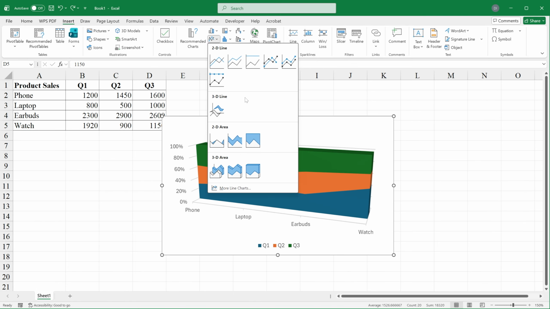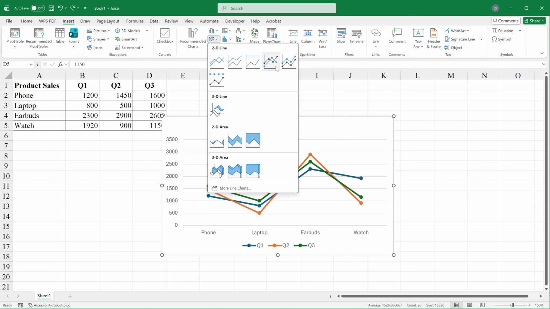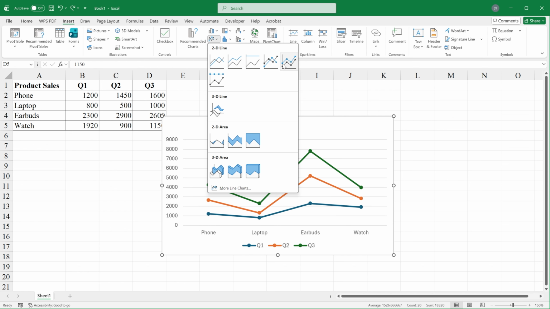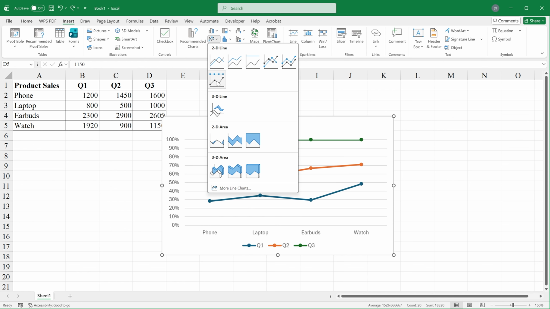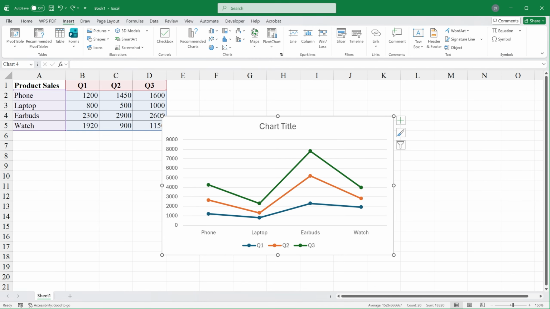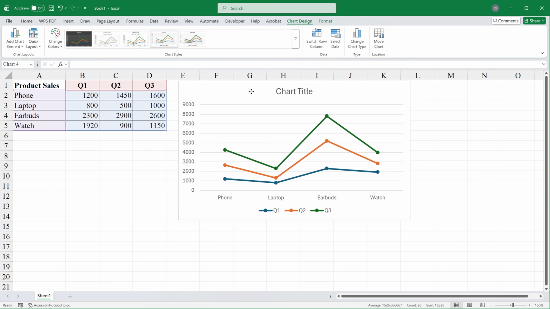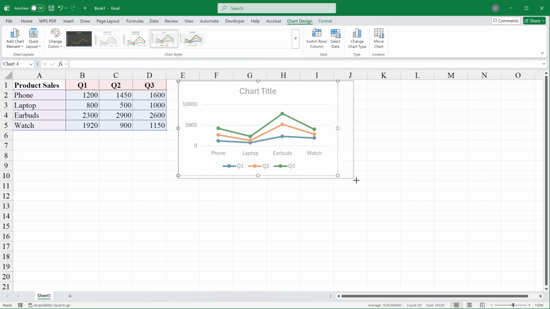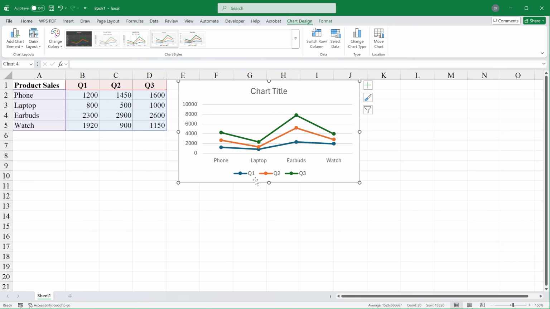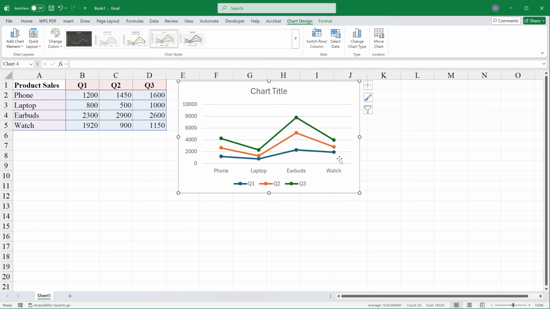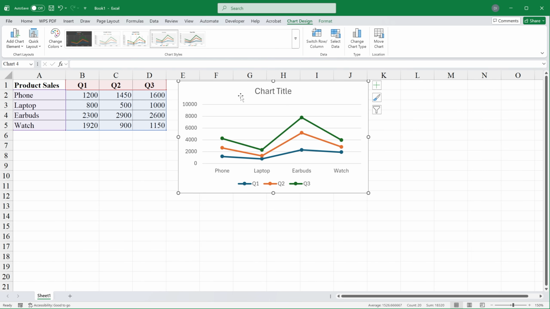So choose whichever you prefer. I'm gonna go ahead and use some of these line graphs right here. So let's say, for example, okay, let's go with this one. And I'm gonna go ahead and reposition this and maybe resize this just like so. And yeah, once you're satisfied with how you customize this one, you can go ahead and proceed with some of